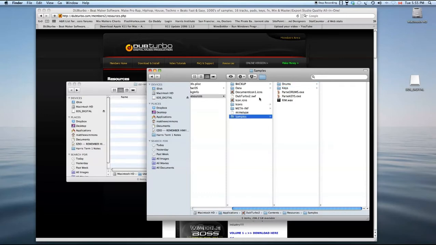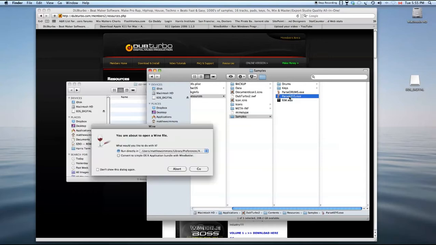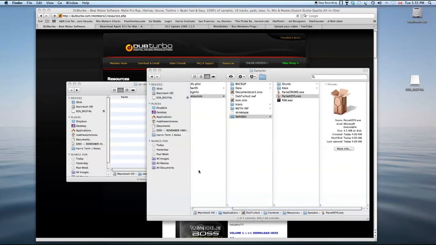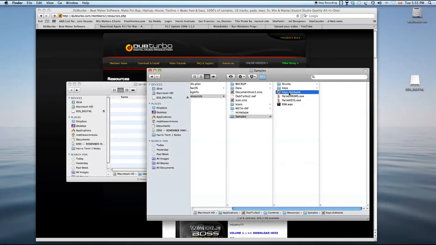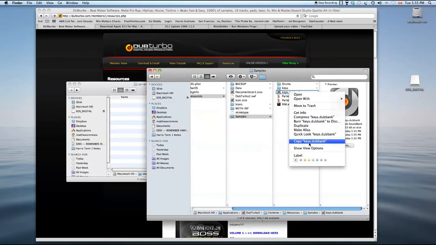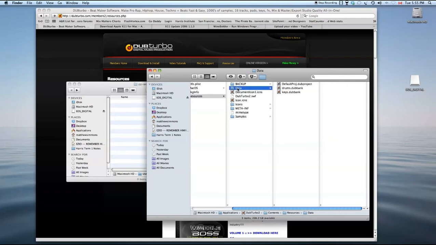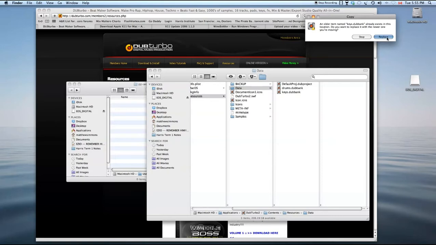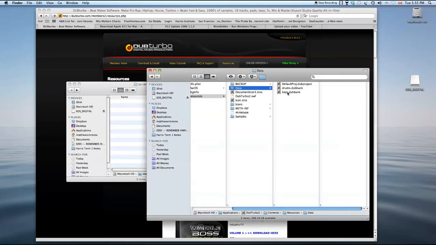And now we added keys as well, right? So we're going to parse the keys. It'll ask you if you want to run it. Give it a moment. Let it do its thing. It'll pop up with the keys. Copy the keys. Go to your data folder. Overwrite the old keys. Replace it. Great. So now when we start DUBturbo, we'll have the new samples in